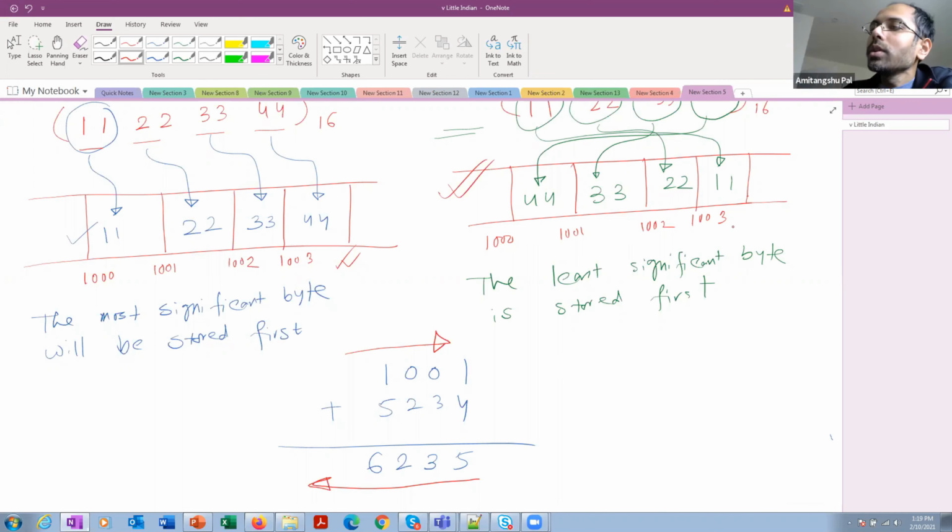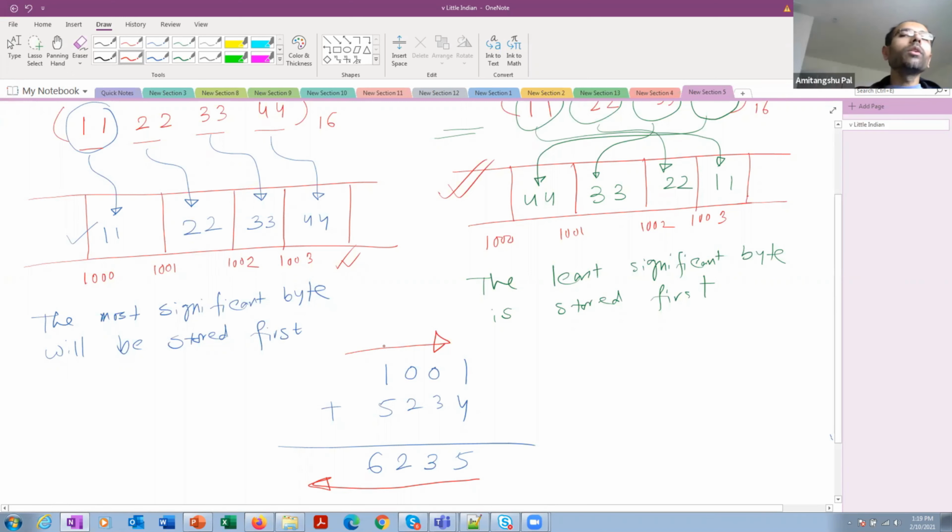If you store a number in Big Endian format, you have some advantage, but you have some disadvantage also. If you store a number in Little Endian format, then also you have some advantage. It's not like there is no advantage. Because for computation, we start from right and then come to the left. While reading, we do the reverse. So every format has its own pros and cons.